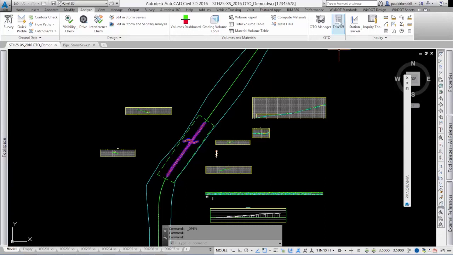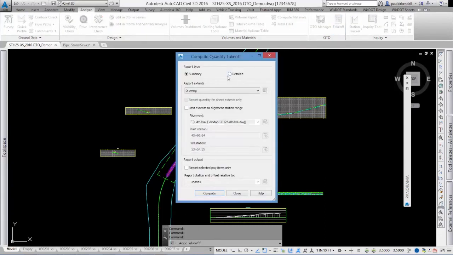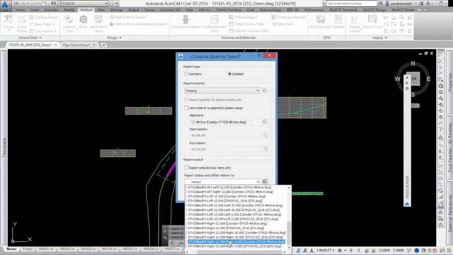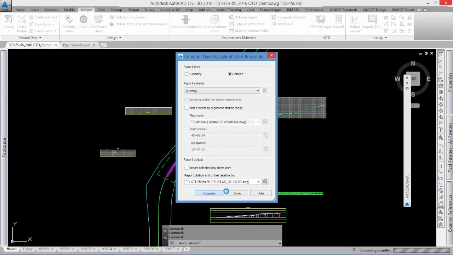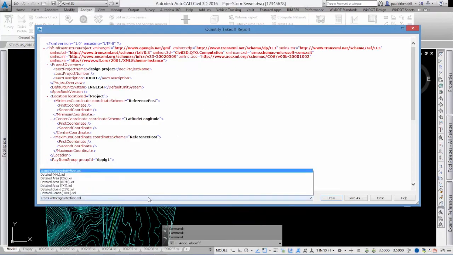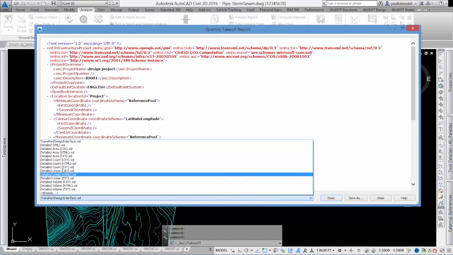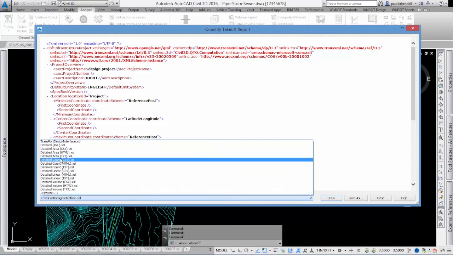If I go to my takeoff and I say detailed, now I want this to be the drawing, and then I am going to select the STH 25 best fit. Make sure that I pick the cross section, 2016 drawing, and there we go. Make sure I change this to a detailed count